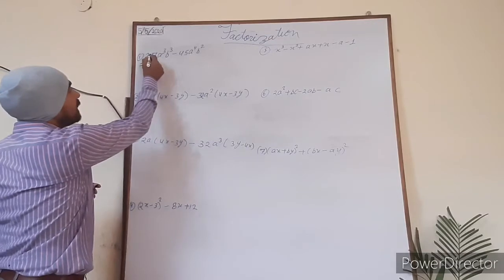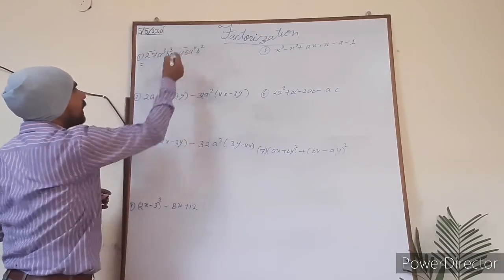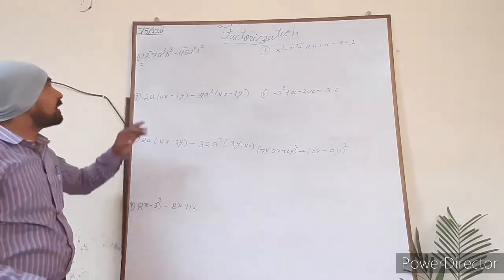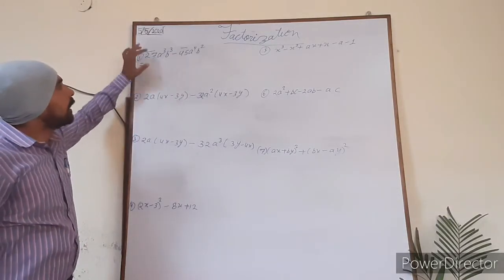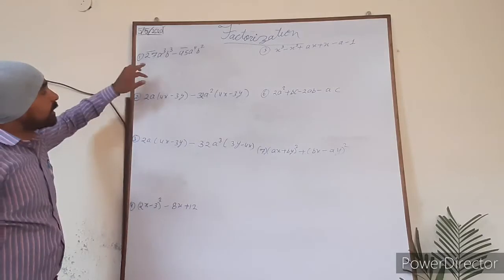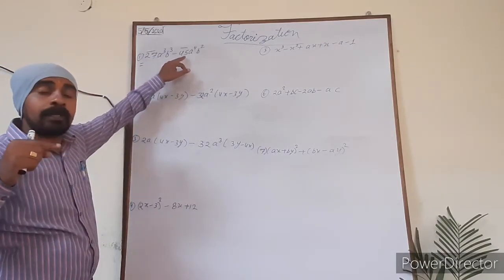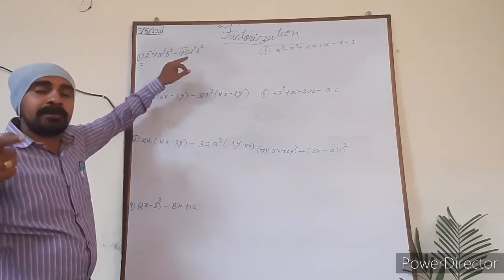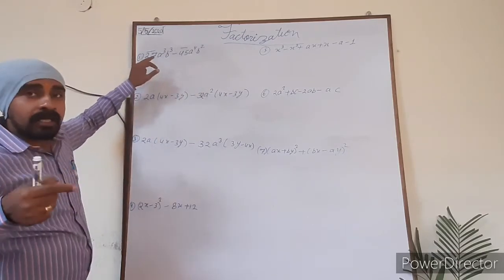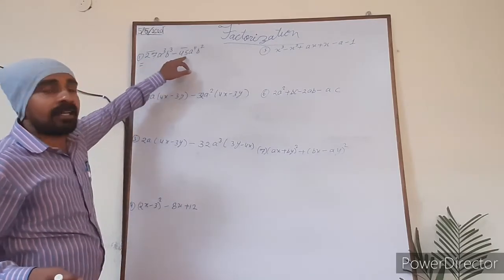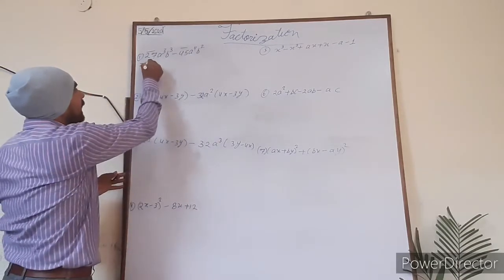So what is common in the number? That is 27 and this is 45. As I had told, either it will be the smallest number or a factor of the smallest number. 27 and 45. 27 is the smaller, and what are the factors of this? 3 or 9. So 3 can divide this one. We have to select the highest number. It means HCF. Then we thought whether there is anything bigger, and we can see that 9 can divide this one as well as this one also. So 9 will be taken as common.